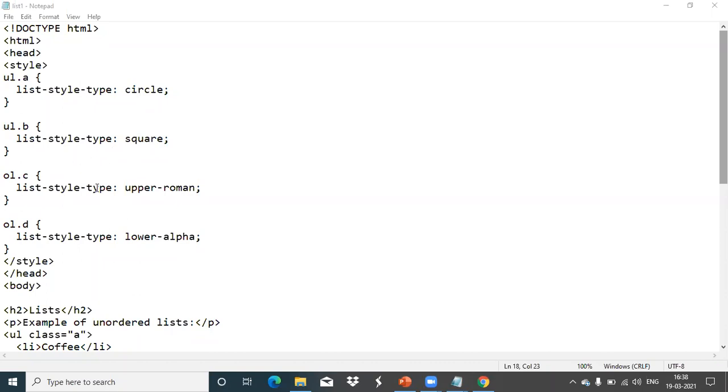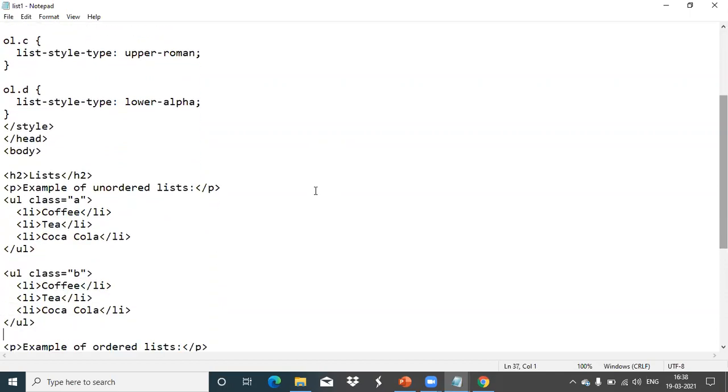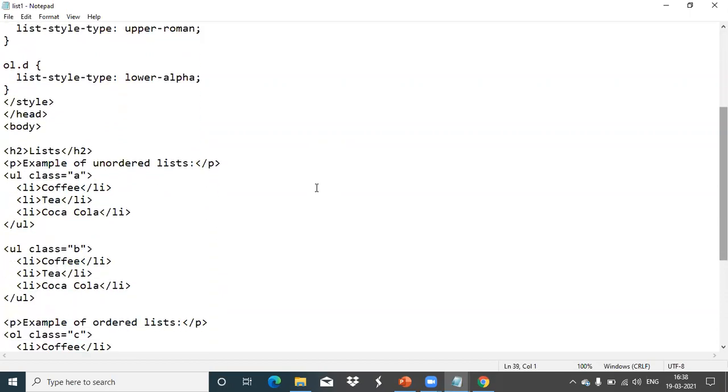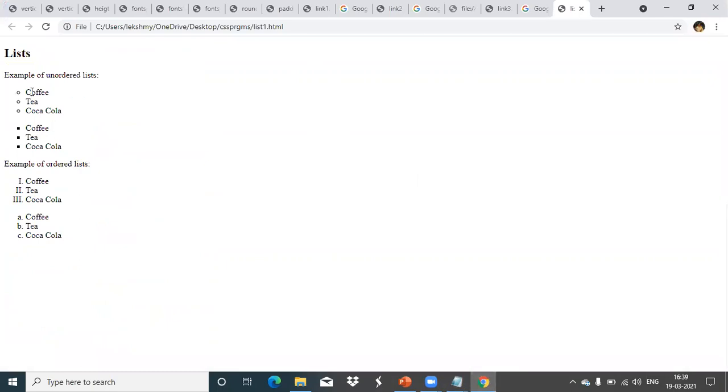List-style-type, that is upper-roman. And one more thing we have given here, it is lower-alpha. So lowercase alphabets it will show. The first one is showing with uppercase Roman letters. The list items are the same thing we did for HTML: coffee, tea, like that. Some list of items we have specified here. You can see this output like this.